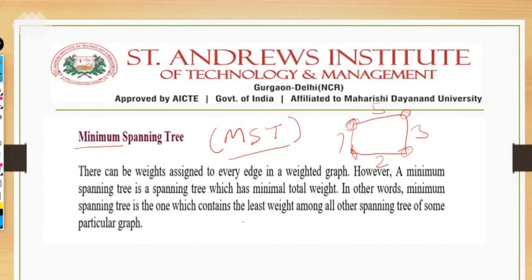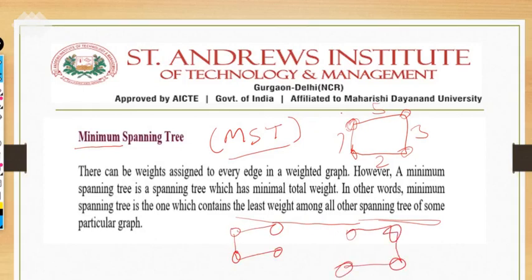That concept is known as the spanning tree with the least weight among all the other spanning trees. Different spanning trees will be available; a graph can consist of any number of spanning trees. I've already told you, this one is also a spanning tree, this one is also a spanning tree. So among all the spanning trees of the graph, the one with minimum weight is known as the minimum spanning tree. Like this is the subgraph here, it's a spanning tree also. If we're taking only two of the spanning trees here, which one consists of the minimum weight?